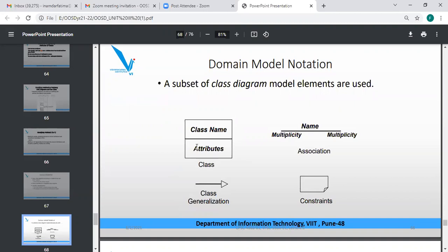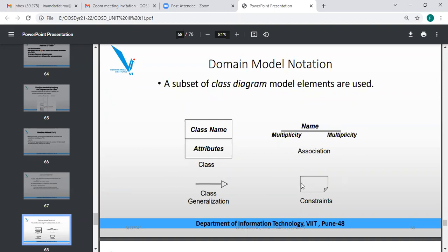In the generalization part, I have given you the example also of what exactly you want to represent in generalization. So in generalization, you can represent it with the help of this notation. There are some constraints, which you have to represent with the help of this notation.